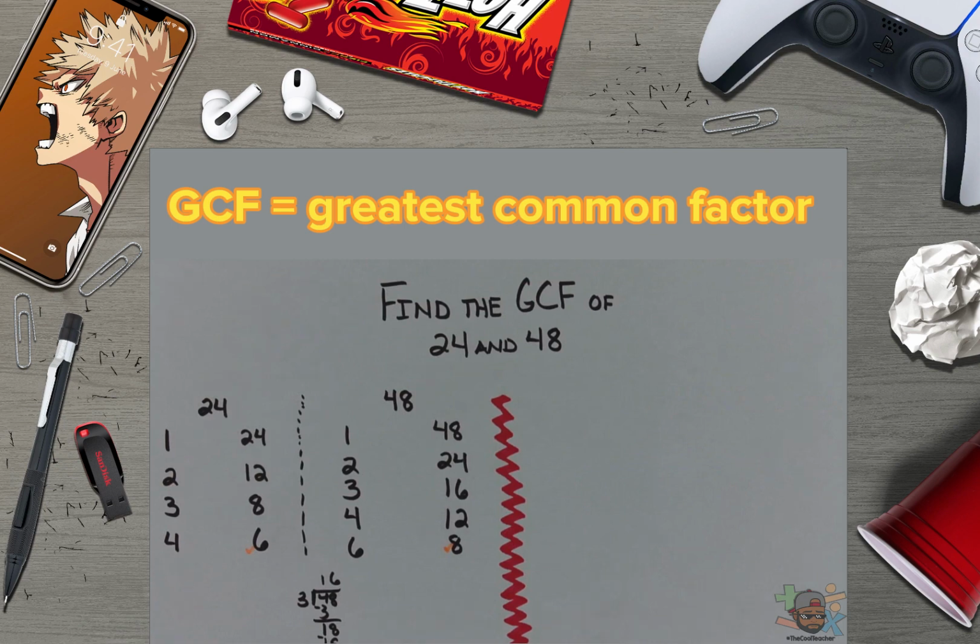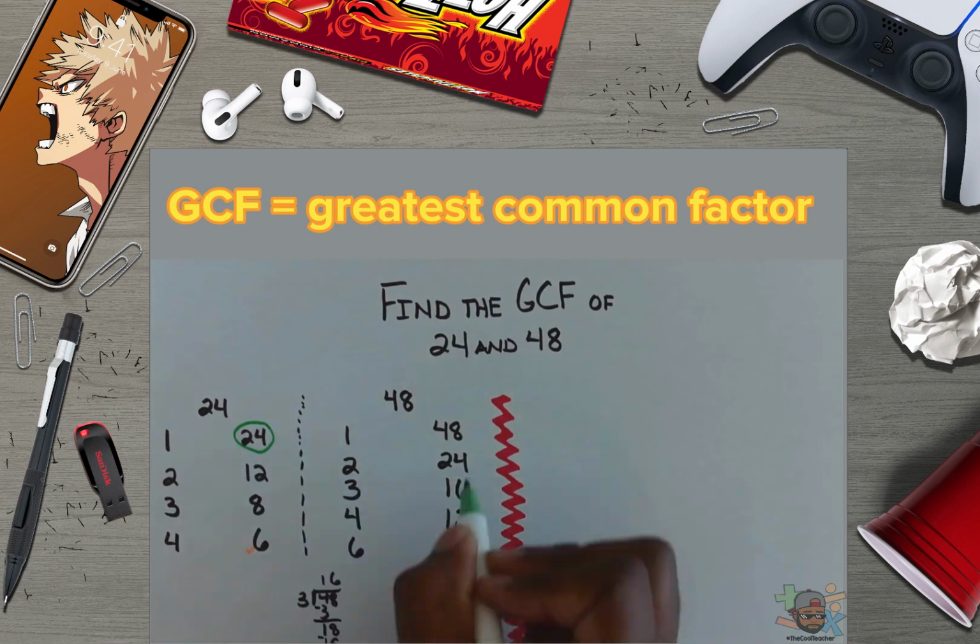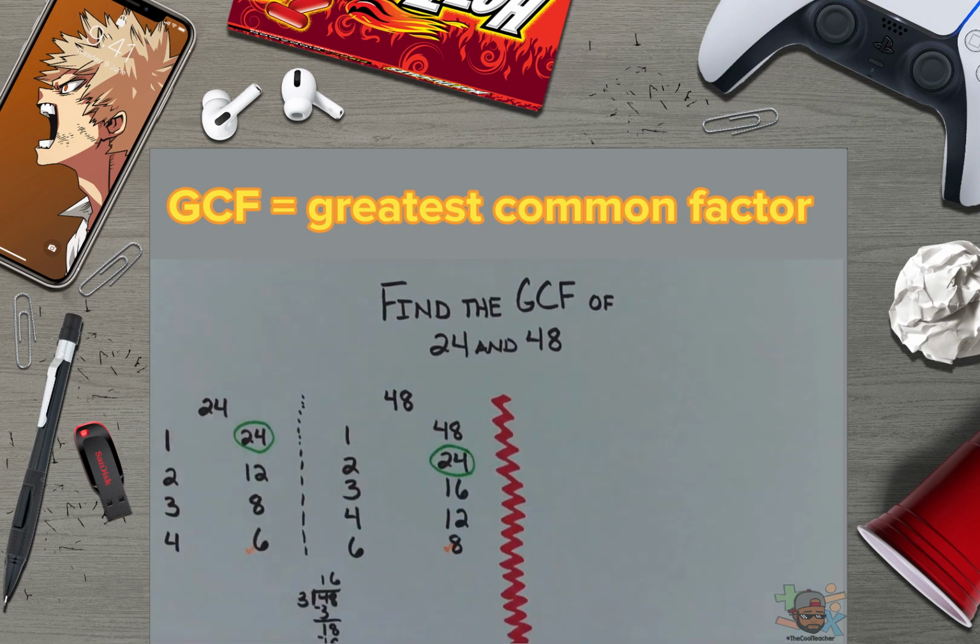Now, a lot of people, first thing they'll look at, they'll look, oh, 6, because they're right next to each other, they're pretty close. But remember, we're looking for the greatest common factor. That's what the G stands for. I have a 24 here. I'll also have a 24 here. So my GCF is going to be